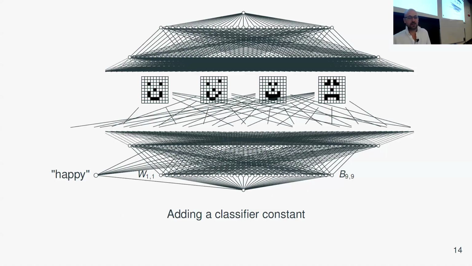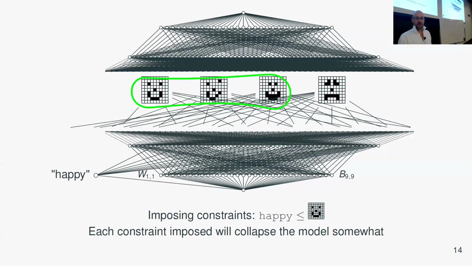So now we would be interested in adding another variable called maybe happy if we wanted to classify. And in this sense, it's a little bit like a constraint language or some sort of constraint programming idea, constraint optimization, I guess. And we would be imposing constraints. So this is how the actual training would proceed. Actually, we'll see later, it's not really how the training will proceed, but it's the naive version of it. We would be declaring that this happy element should be forced to be less than or equal to all the things we wanted to be called happy.